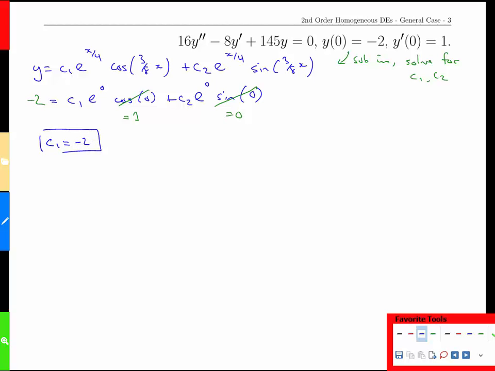It does get a little uglier when we look at the second initial condition because it's all about the derivative, which means that we need to know what y prime is. Well, that means taking our general solution here and taking its derivative. If we do that, this case is the most complicated because it has the product rule, it has an exponential times a cos, so we're going to get quite a long derivative here, but it's straightforward, just a little tedious. We're going to have C1 times e to the x over 4's derivative, which is 1/4, e to the x over 4 cos,